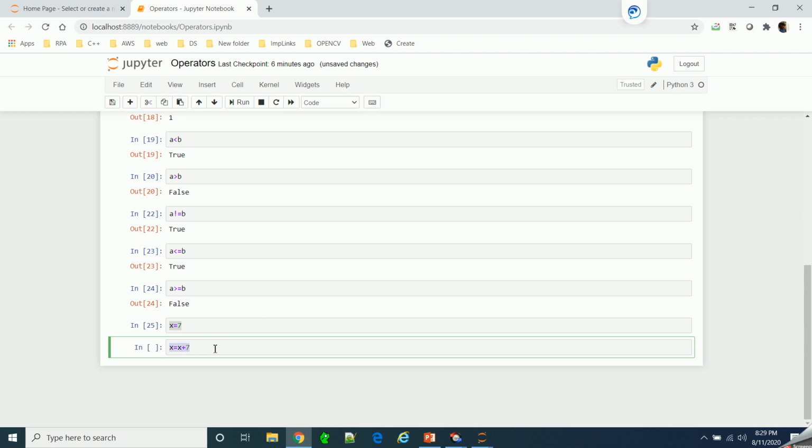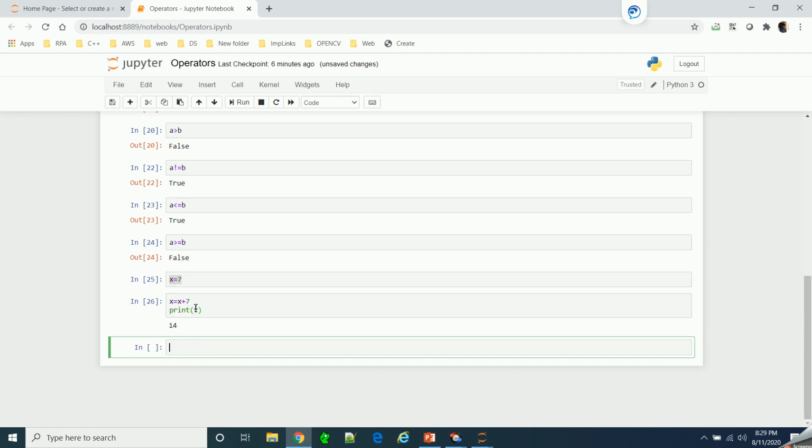If you print x, it will give you 14. Instead of doing it this way, you can write a shortcut, plus equal, and if you run this, it will give you the same output.